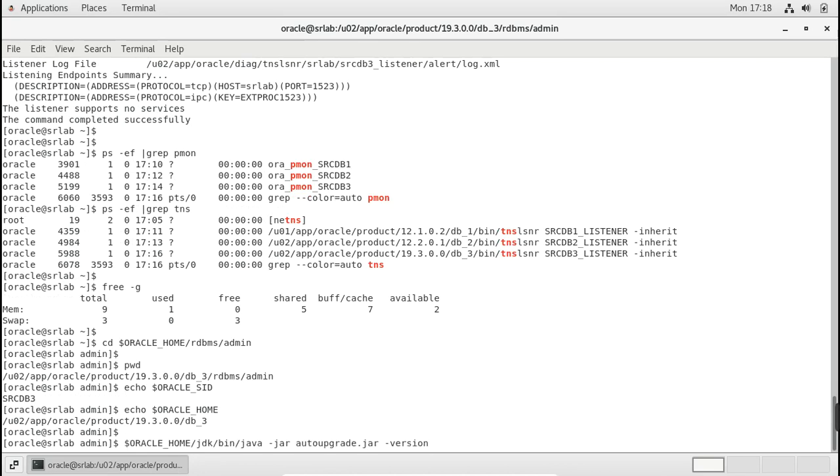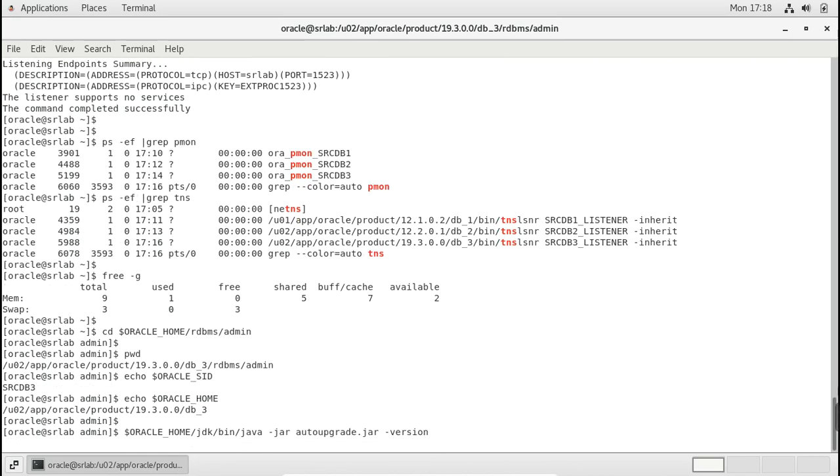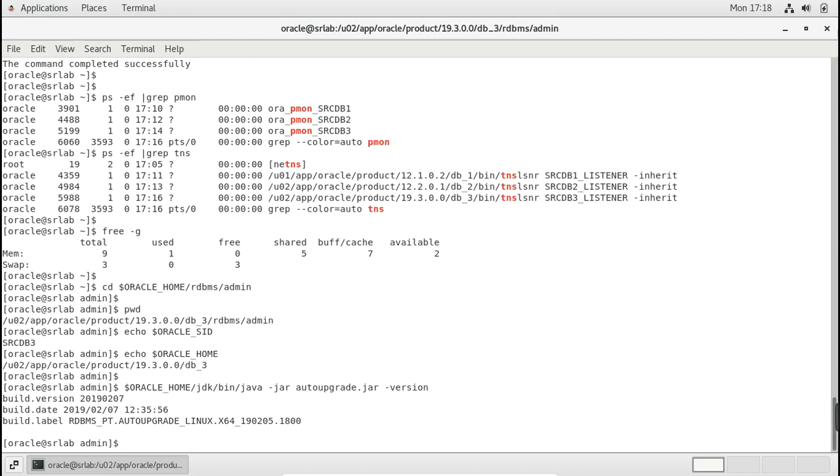You can check the auto upgrade version, when it was last updated, the build date and build version. This is a pretty old one, so we need a newer version when doing auto upgrade. Okay, then we can try with this version as well, no issues, and let's see how it goes.